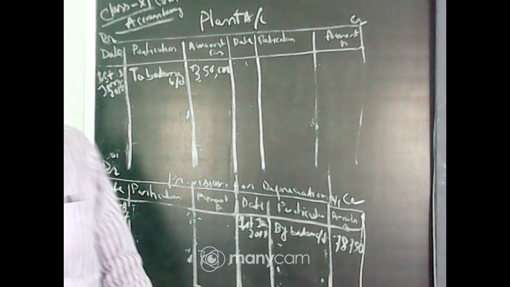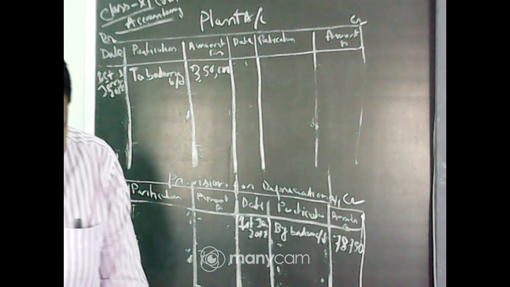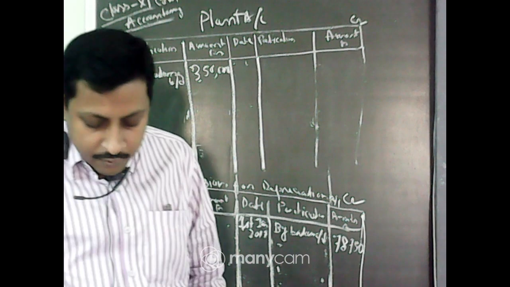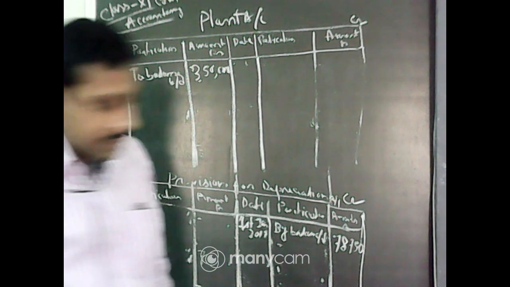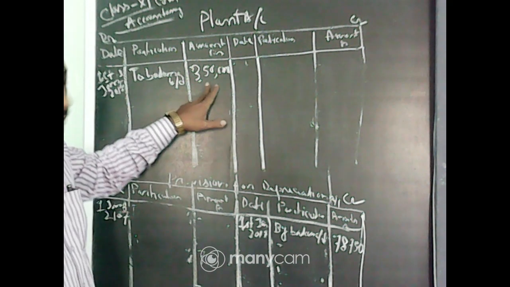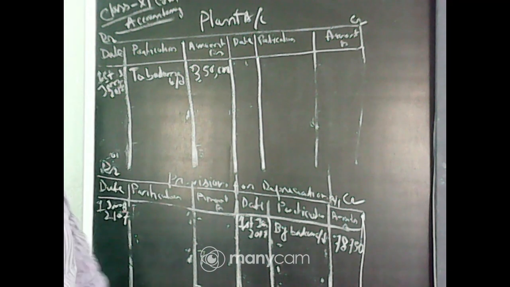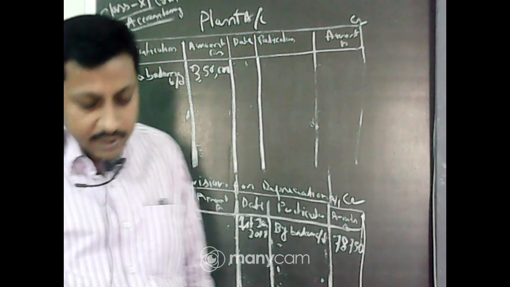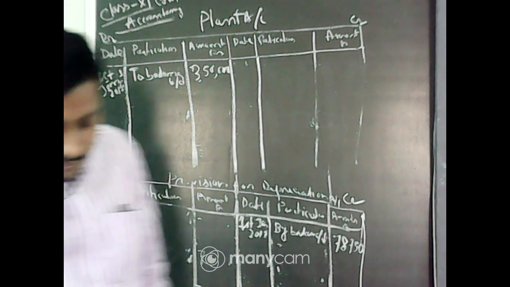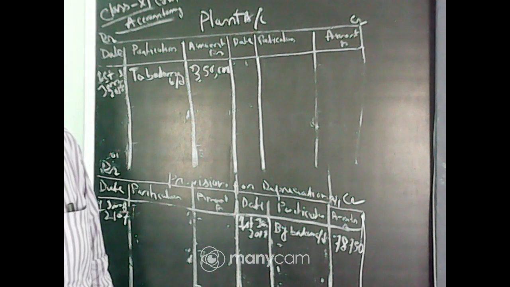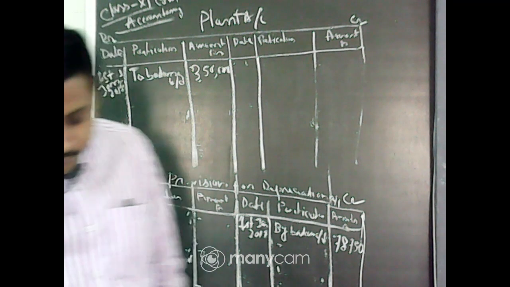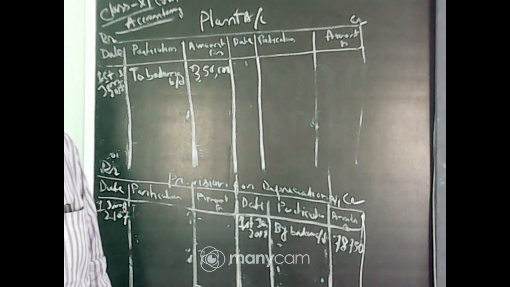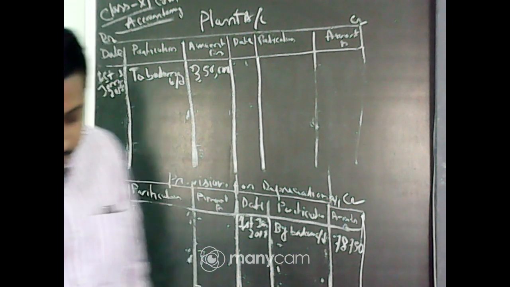Now here you just look in your book. Look in your book that the plant was sold for rupees 1,50,000. Which plant? That is the 3,50,000 plant which was purchased on 1st July 2015. Now it was sold in 2017 in the month of October. And on the same date a new plant was also purchased, costing rupees 4 lakh. Okay, the account was closed on December 31.